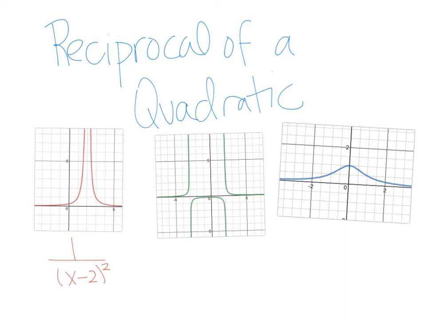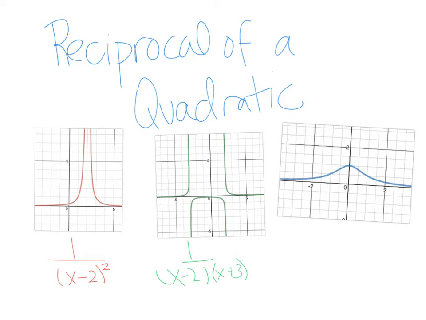The second one has 3 branches to the graph, so this has this left branch, the middle branch, and the right branch, separated by 2 asymptotes, one at x equals 2 and one at x equals negative 3. So I might write this equation as 1 over x, and now using the asymptotes, x minus 2 and x